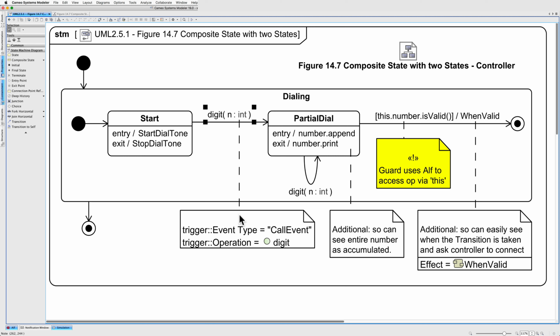There's our digit operation. So that's the trigger for the transition. A trigger of event type call event for the operation digit. And the notation here corresponds quite well to the spec figure notation. So when that operation is called, noting it does not have a method on it, this transition will be triggered and will reach the partial dial state, where it will then execute the entry behavior